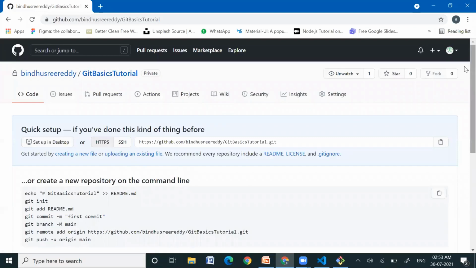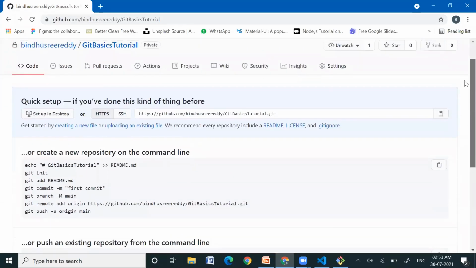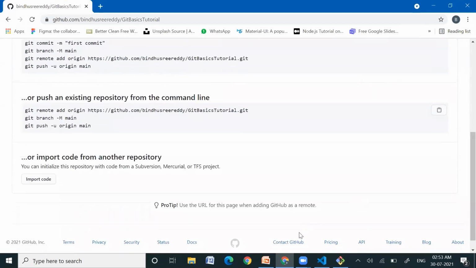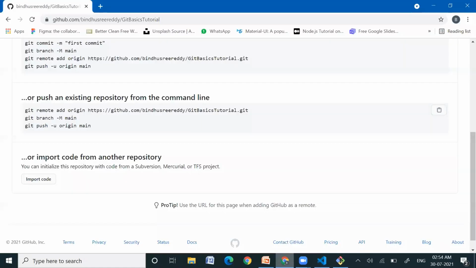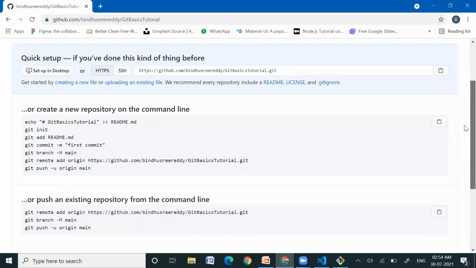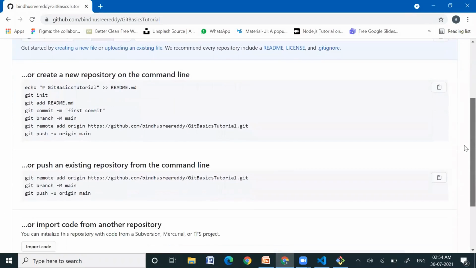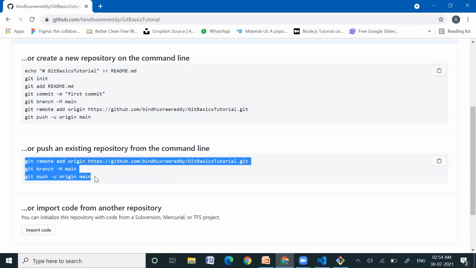Now we have created this repository on GitHub. This is known as a remote repository. The files which we have already created, we are adding into GitHub in order to store them there. GitHub gives some commands, and if you follow those commands, we can directly push the code into this GitHub repository.